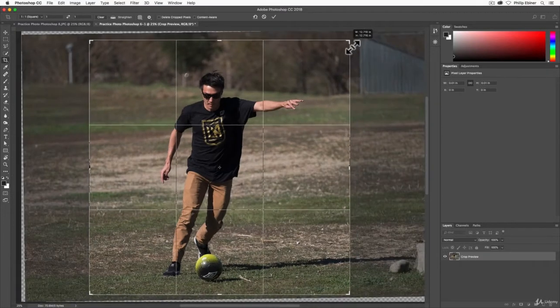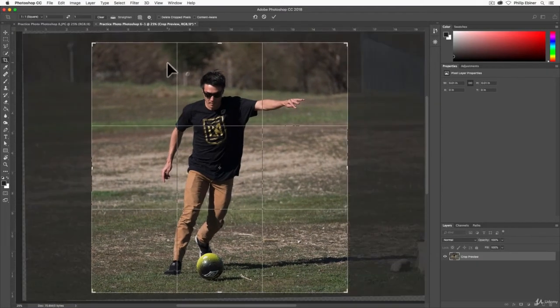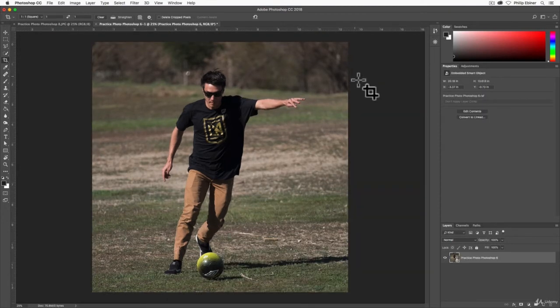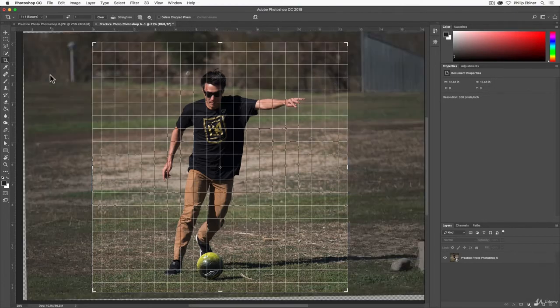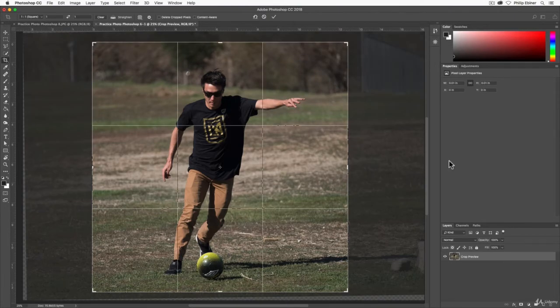Once I'm done cropping, happy with it, and you notice that it has the grid overlay, which is great, you can press the return key on your keyboard to save that crop. Now you might be a little worried because if you click the crop tool again from the move tool, which is kind of like the main tool that we're using in Photoshop, it looks like we can't adjust it back to the original setting. Just go ahead and click outside the square itself or the inside of the image, and then you get the full image back.